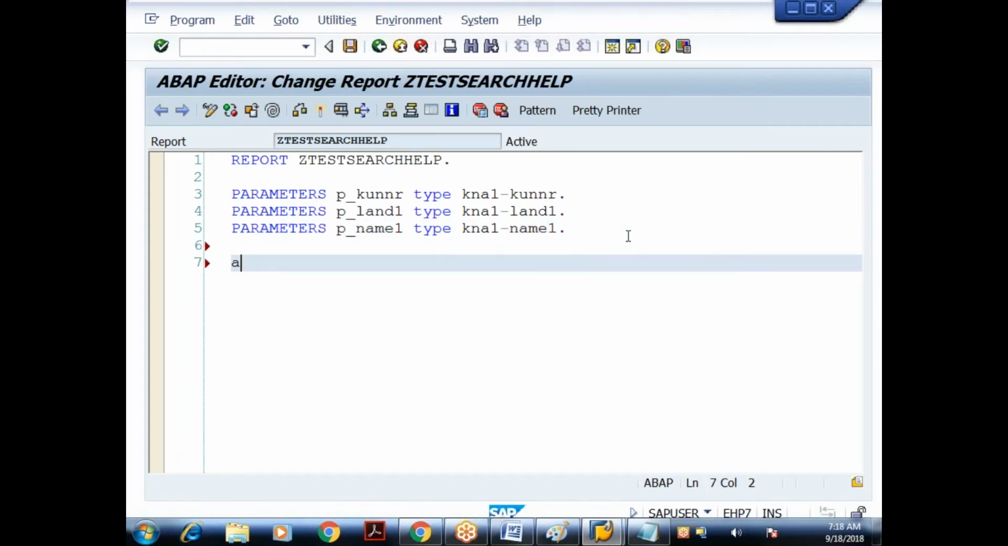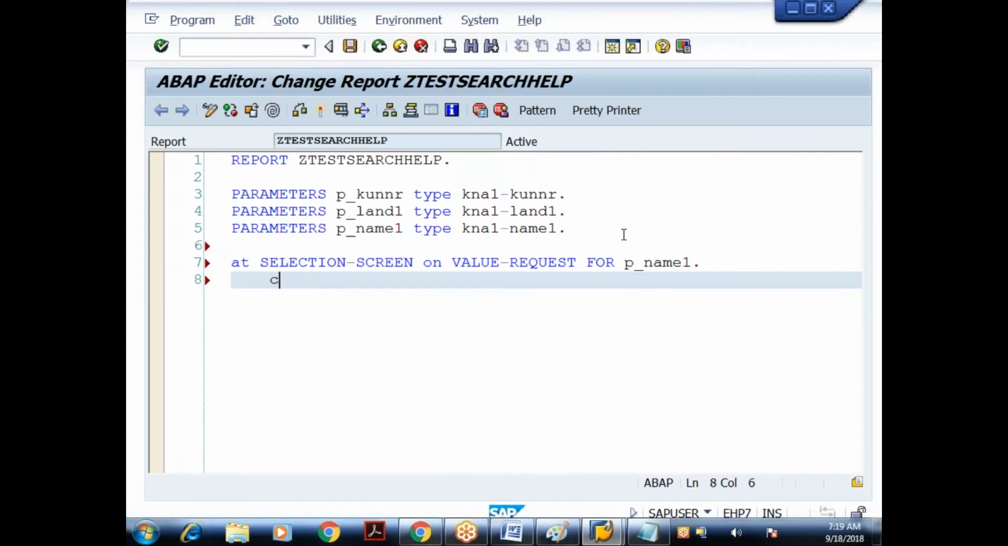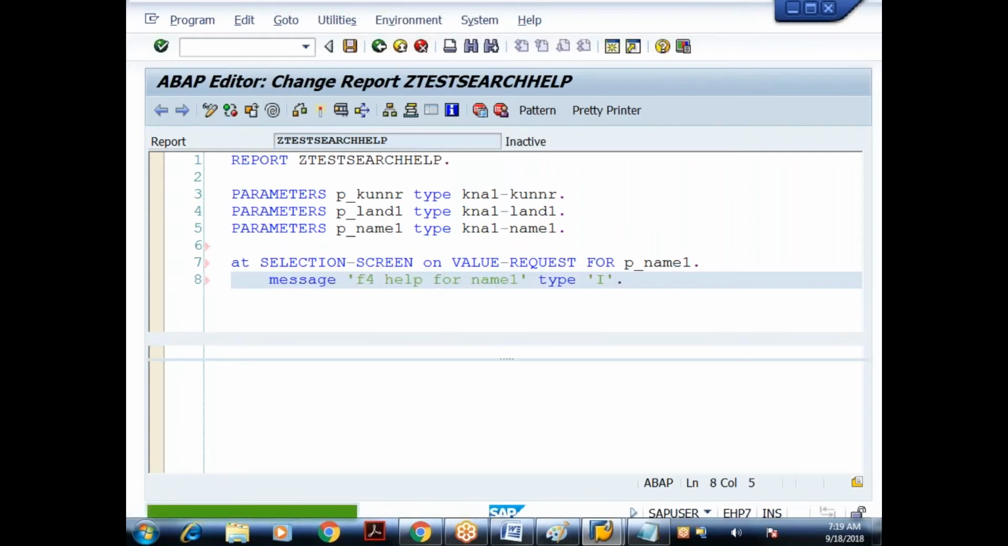We handle an event called what? AT SELECTION-SCREEN ON VALUE-REQUEST for what field? P_NAME1. Inside this event, if you remember, we used to call a function module F4IF_IN_TABLE_VALUE_REQUEST. I'll just give a message: some F4 help for name1, type information message. So when I execute this,